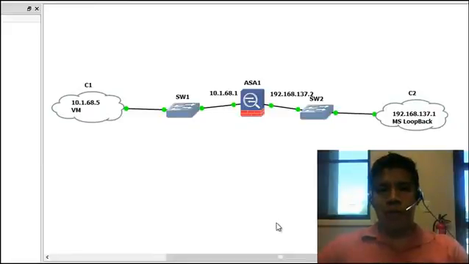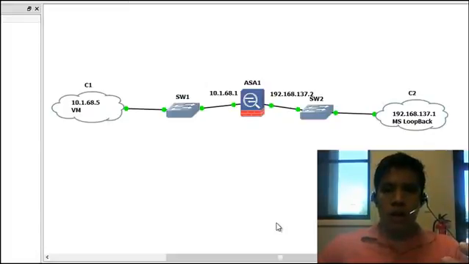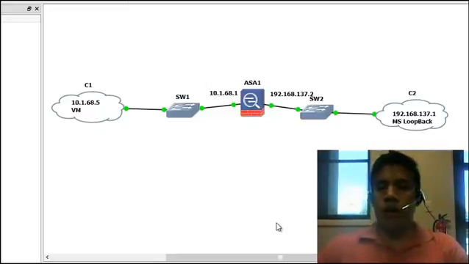Hello everybody, my name is Matthew Lavis, and this is going to be a brief tutorial on, well, I don't know if it's brief or not, but it is going to be a tutorial on how to make GNS3 work with network address translation, actually getting a virtual machine on, as you can see the topology in front of you, actually getting it onto the internet using the Cisco ASA firewall 5520 in this case,